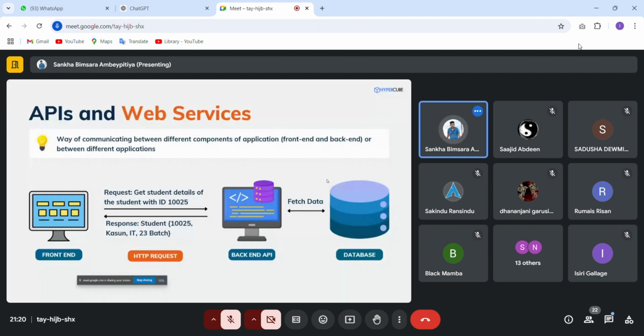For example, I'll describe it like this. API is some kind of thing that is used for, let's describe with an example. Think about, you have to do something, but you can't do that thing